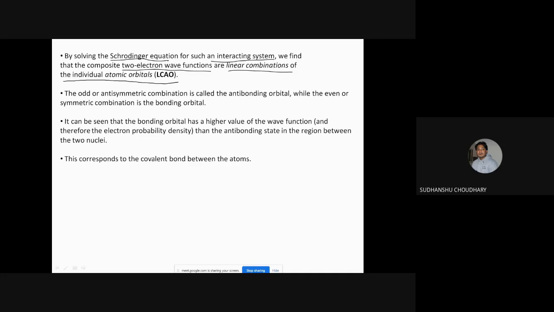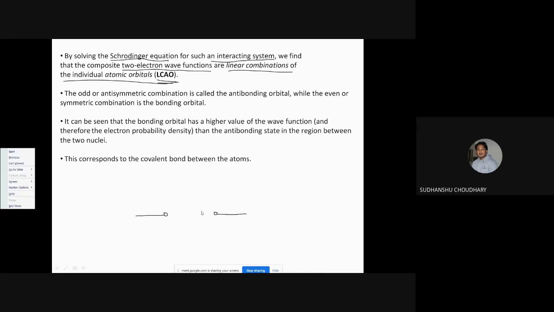That is, the electron wave functions are overlapping, and the Schrodinger equation for two electron wave functions is solved, and this is called linear combination of atomic orbitals. So linear combination of atomic orbitals is another theory. What this theory says is that when two atoms are brought close together, let us say this was the energy level associated with the electrons in this atom, and this was the energy level associated with the electrons in this atom, right?